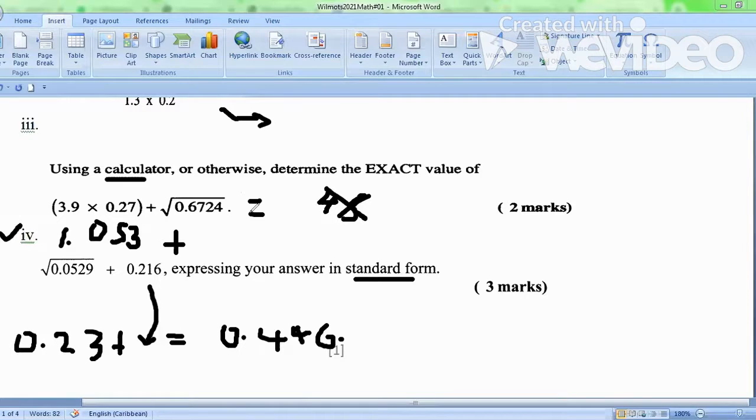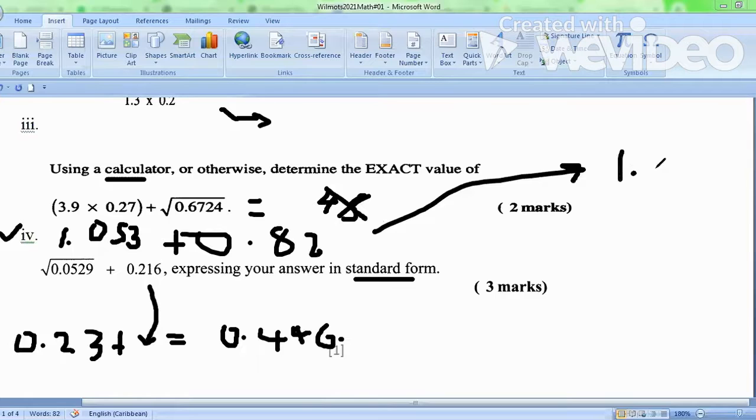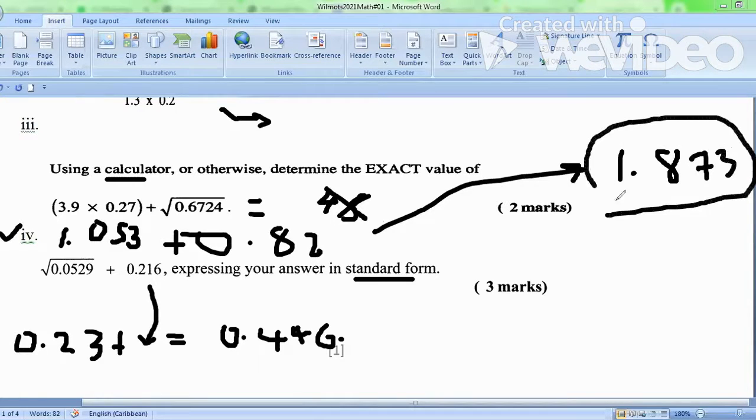All right, so the square root of 0.6724 is 0.82. Right, and when you add that, what do you get? 0.873. No man, you're going to add. It's 1.873. So we get 1 point. Whereas this is 1.053, and it's 0.82, so you're going to get 1.873. All right, so let me